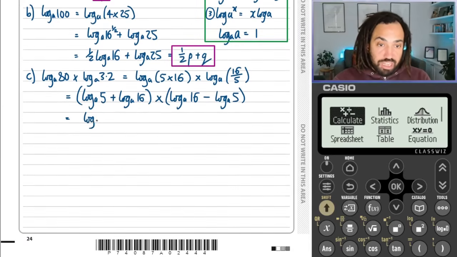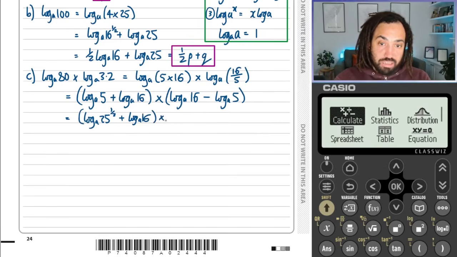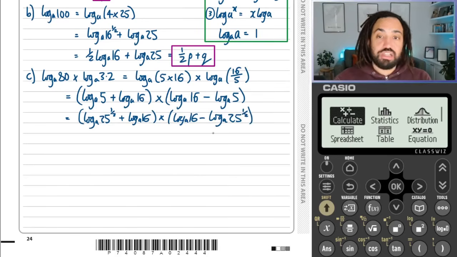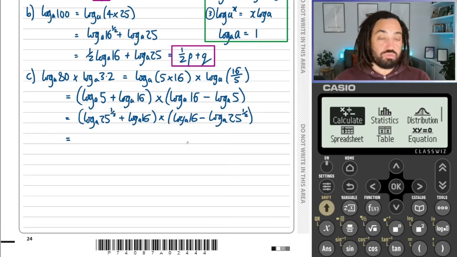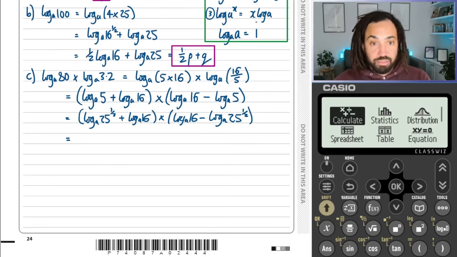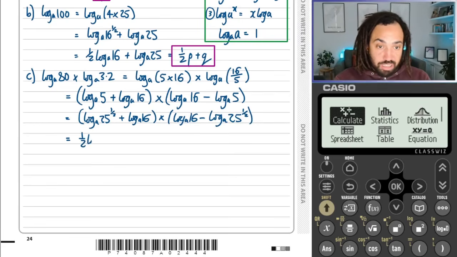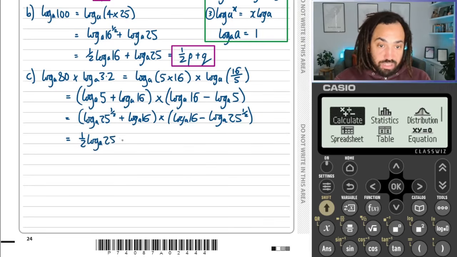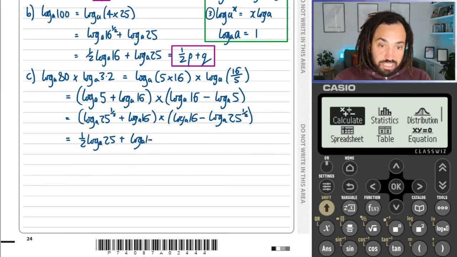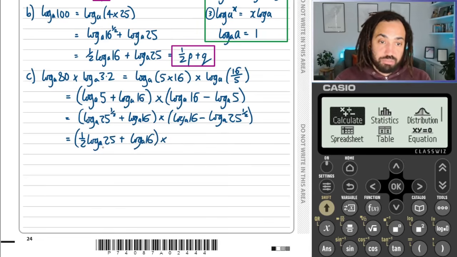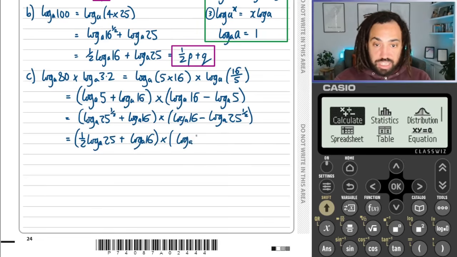Okay, so log a of 25 to the half plus log a 16 times by log a 16 minus log a of 25 to the half. And this allows us then to use log rule 3, which you can just see at the top there. It means we can bring the power down. So we get half of log a 25 plus log a 16 times by log a 16 minus a half